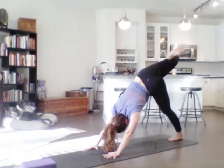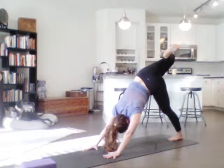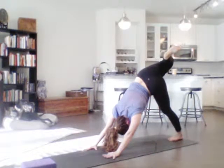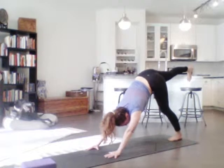You can always hold in stillness, just feeling the stretch, feeling the opening through the front side of the right thigh and through the insides of the thighs. So it's up to you. Just a few more breaths here. And when you're ready, meeting in a 3-legged downward facing dog, straighten your right leg behind you, square your shoulders